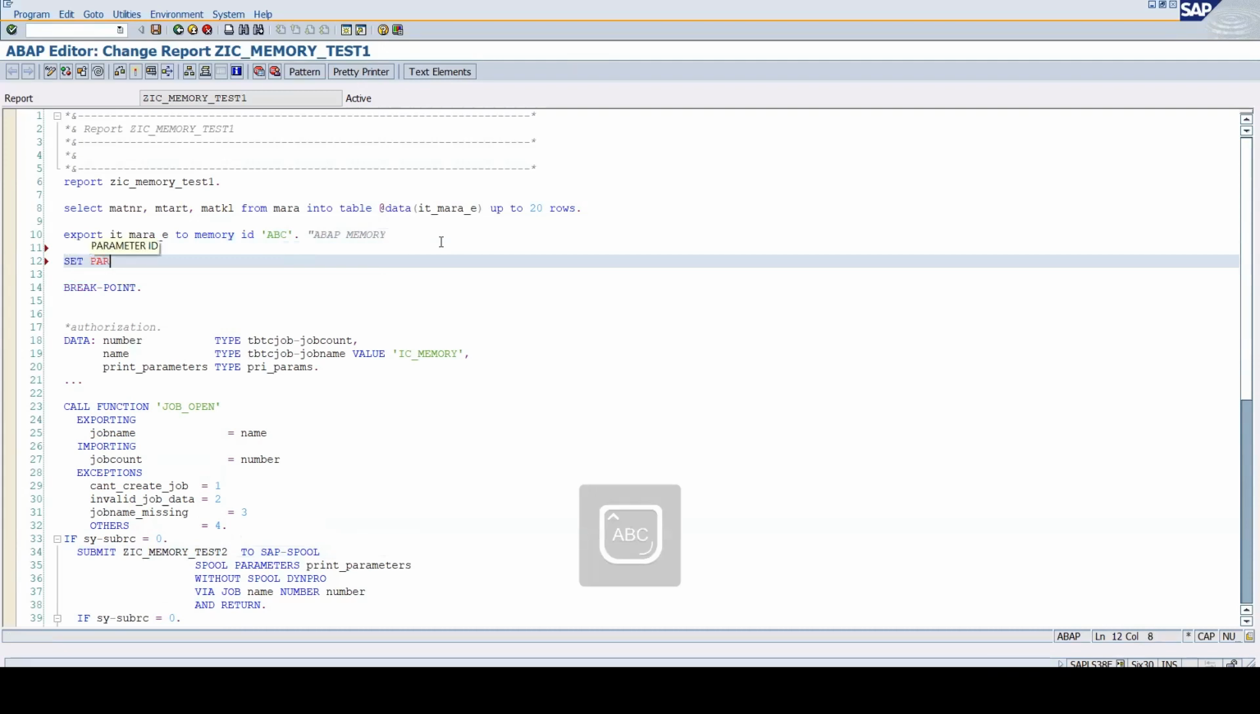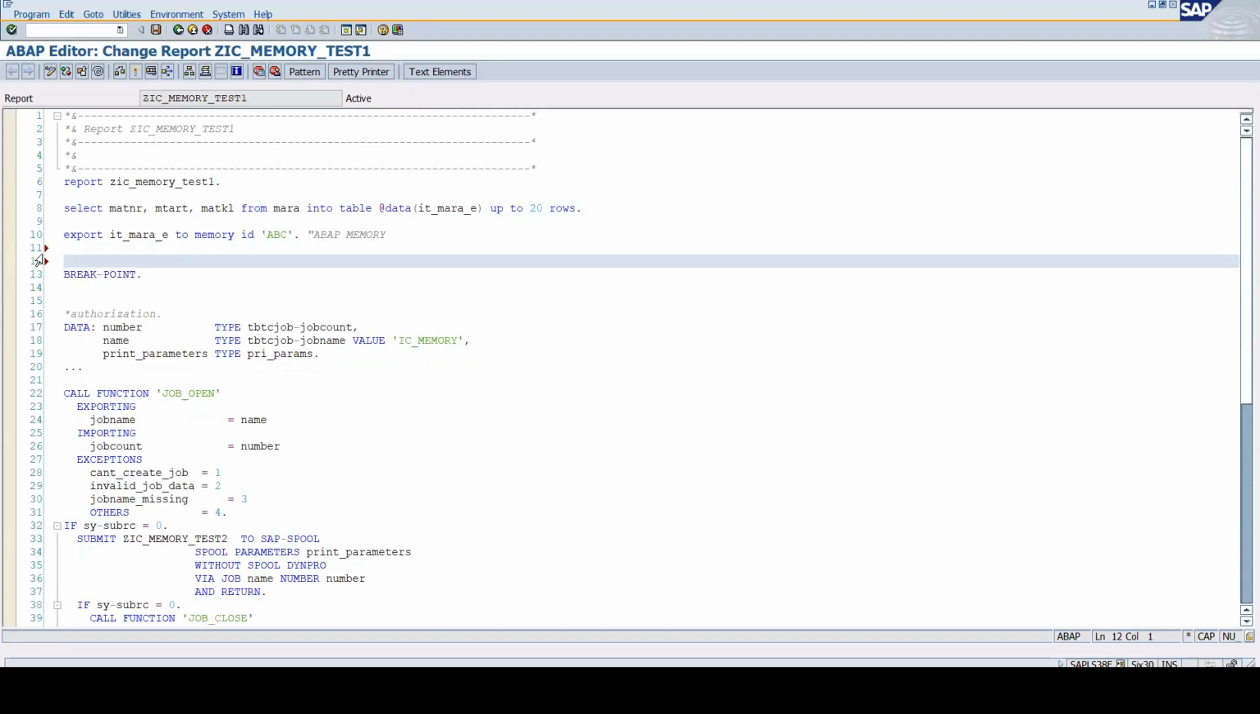See, set parameter ID and get parameter ID, you have, but they will not deal with the internal table. You can use the SAP memory, but set parameter ID and get parameter ID is not suitable for this requirement. It will not work. Okay. Then in such a scenario, what you can do? There is a concept called cluster memory data. So in that, you can use again the export statement,